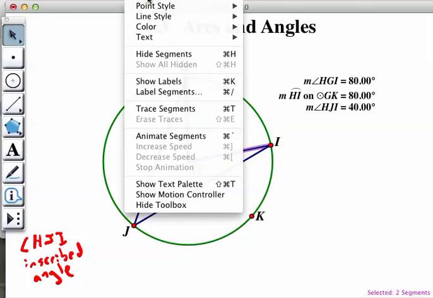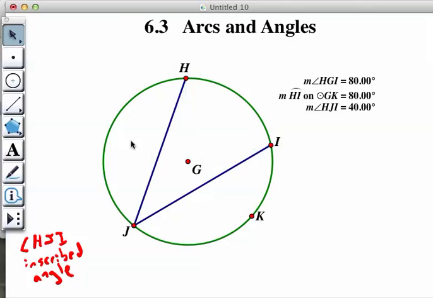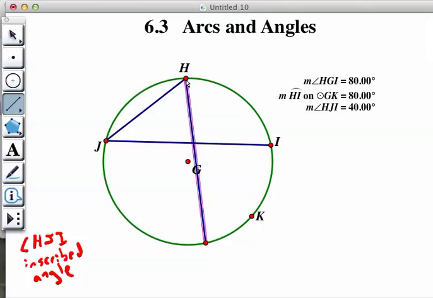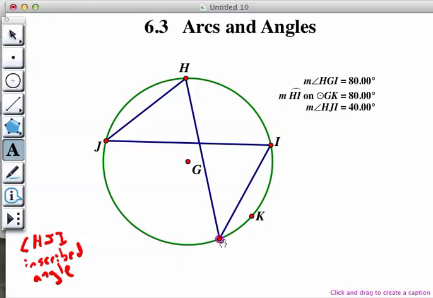So let me go ahead and hide my radii right now. Move my inscribed angle up here. I'm going to make another inscribed angle, but I'm going to make it intercept the exact same arc. So if I have two inscribed angles and they're intercepting the same arc,